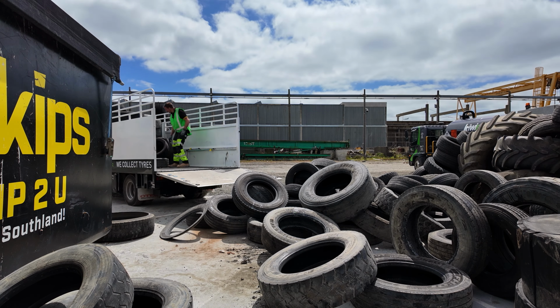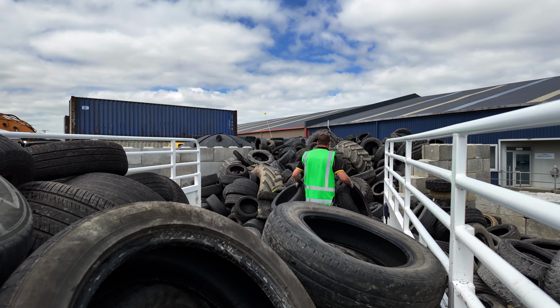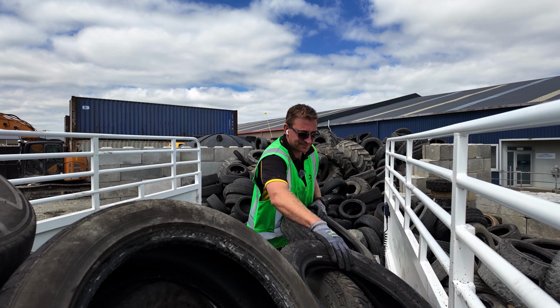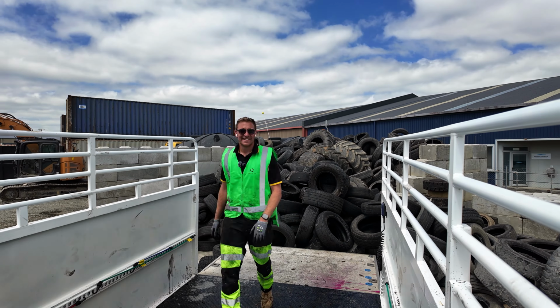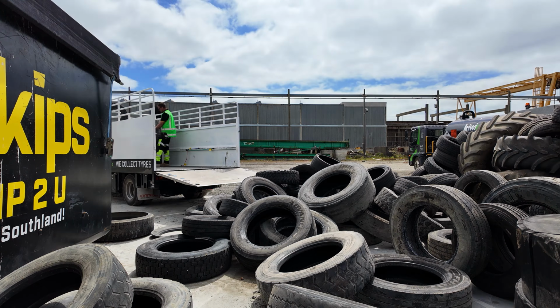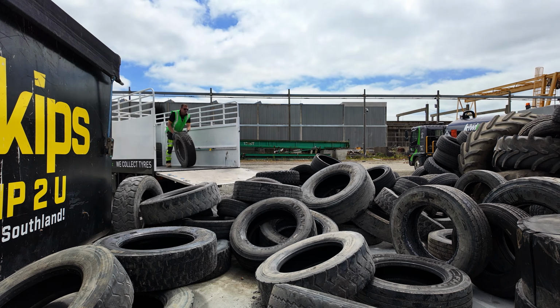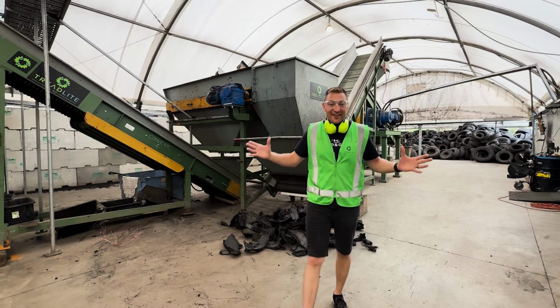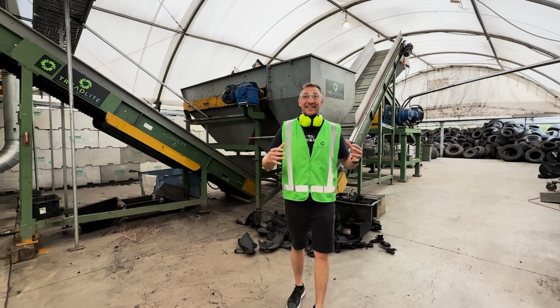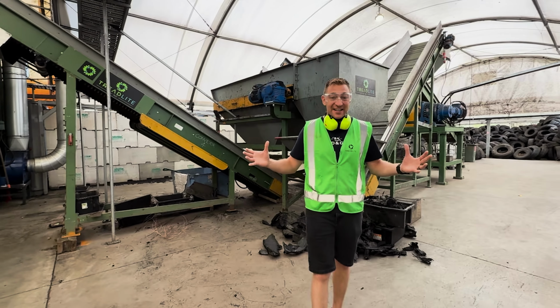It gets even more exciting. Treadlight, our partners in this, are building a processing facility to process waste tyres all from the South Island in Christchurch, and that's going to happen really soon. And in fact, we were in Hamilton a couple of weeks ago and we checked out their processing facility at the Treadlight HQ. We are here at Treadlight in Hamilton, checking out the amazing machine that's turning tyres into tyre